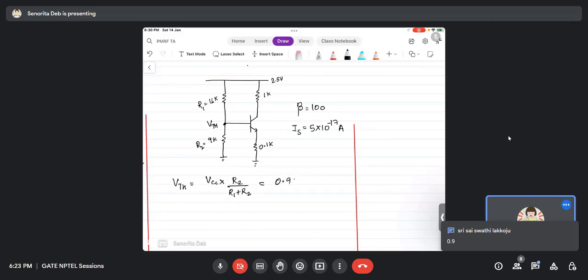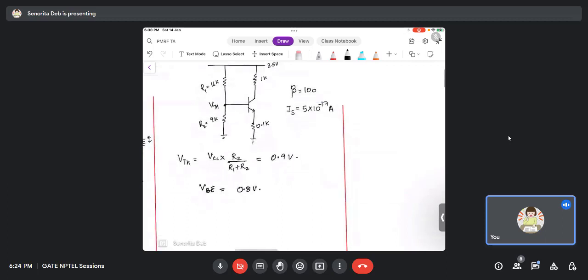Okay. Now you know that we assume VBE, right? So assuming VBE as initial guess 0.8 volts. Now assuming VBE as 0.8 volts, we are getting VE as 0.9 minus 0.8,